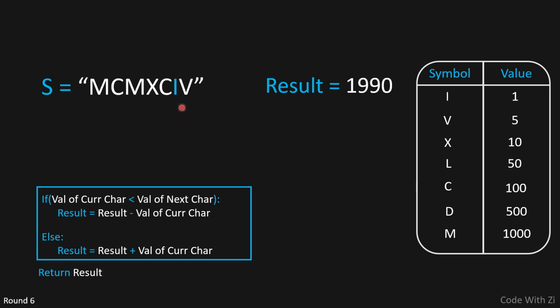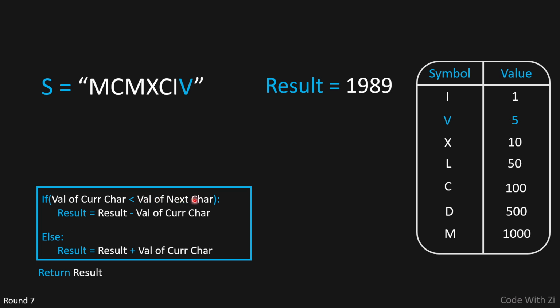In our sixth round, our current character is gonna be I, and that's representing 1. And our next character is gonna be V, and that's representing 5. So is 1 smaller than 5? It is. So let's actually get inside our if statement and do our calculation again. 1990 minus 1, that's gonna give us 1989. And then we're gonna move on to our final round, and our current character is V, and that's representing 5,